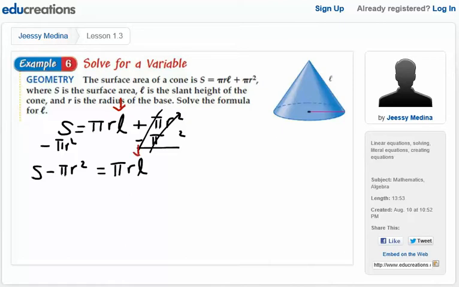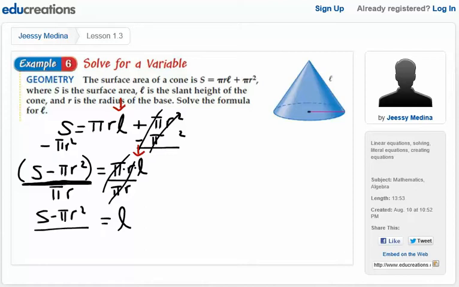And I'm still interested in this. So I'm going to divide. Since all of this is multiplication, right? I'm going to get rid of that pi and that r by dividing it out. But this is a quantity, right? It's a subtraction. So think of it like a group. So you have to divide by this division bar right here, fraction bar, has to make sure that you cover both the s and the pi r squared. Alright, they cancel here, and we're left that L is equal to s minus pi r squared, everything over